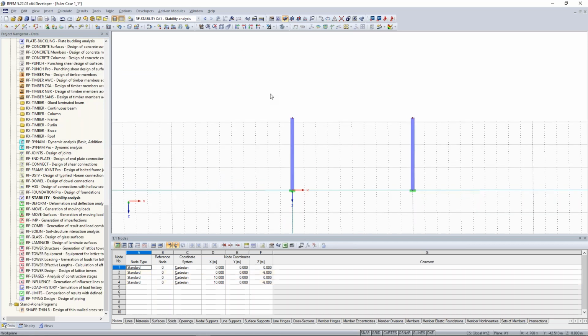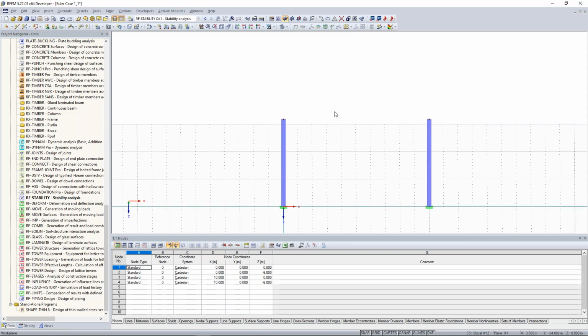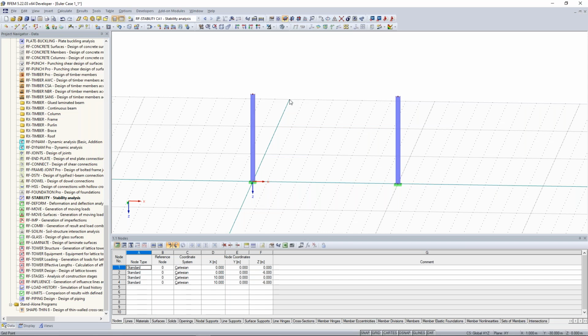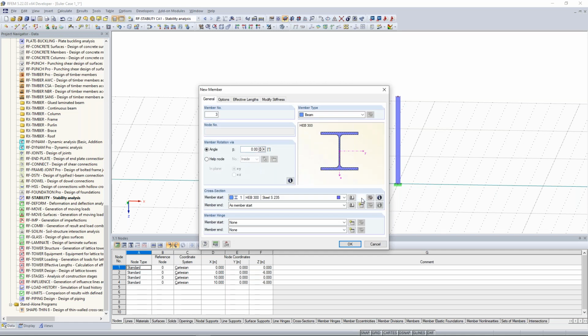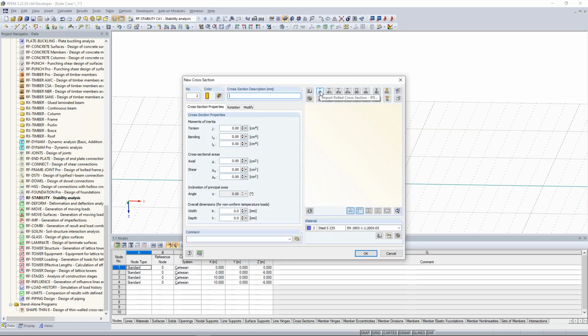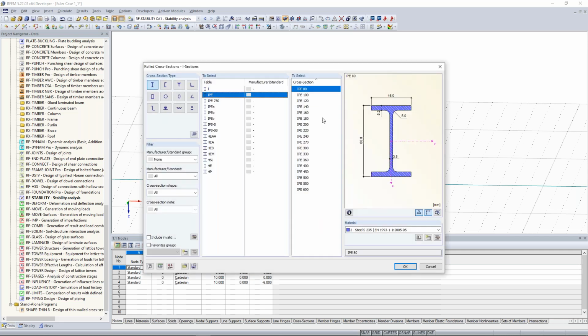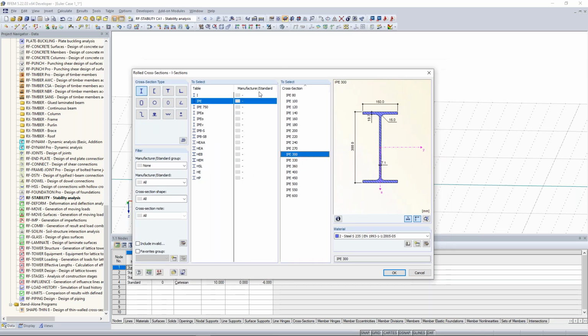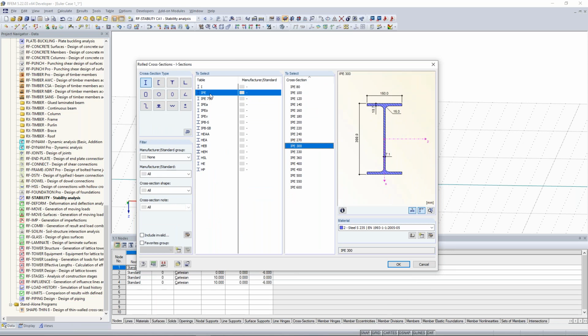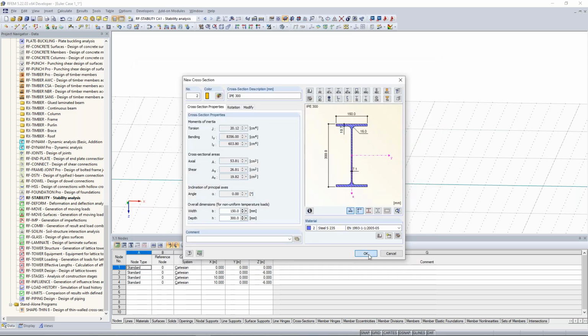And now I want to model a girder from there to there. For that, I decide to create a new cross-section. So I click here on New Single Member. I create here a new cross-section for the member start, and I take this IPE profile. IPE profiles are very popular, especially as girders and beams when you get a lot of bending moments, because they are much cheaper to produce than these bigger HEB profiles here. Okay, I choose this IPE 300 profile, click on OK, click again on OK,